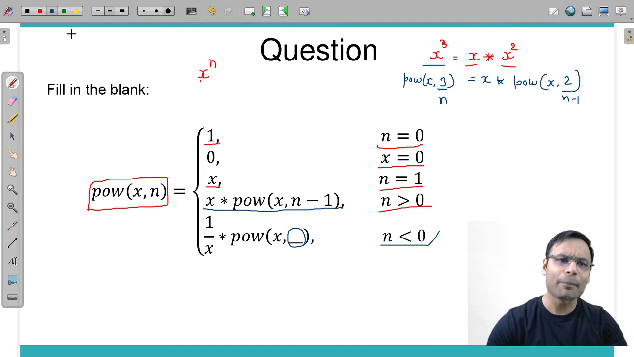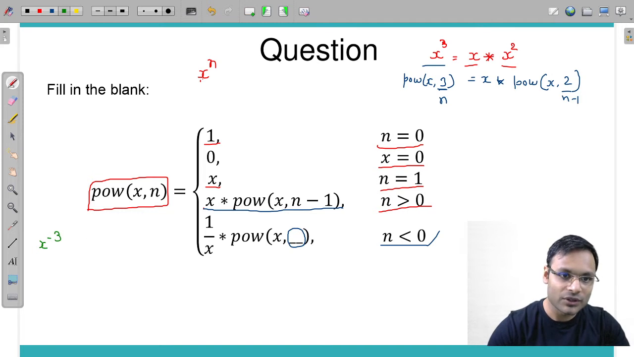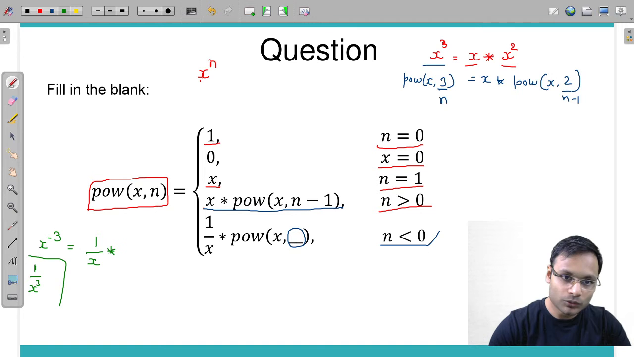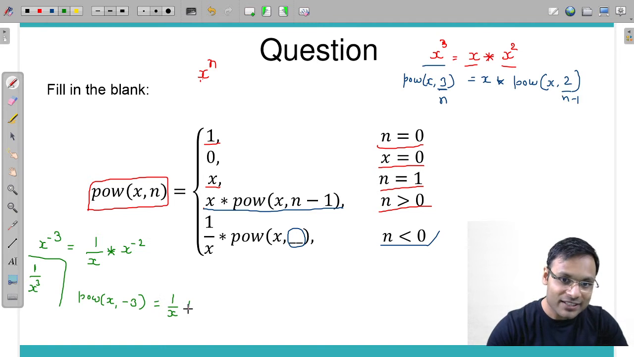Okay, take a simple example. Let's say I want to calculate x to the power minus 3. X to the power minus 3 is nothing but 1 by x to the power 3. Right? So how can I calculate this? 1 by x into 1 by x square. Or you can replace this 1 by x square by what? X to the power minus 2. Let's convert this into power terms. Suppose I am calculating power of x comma minus 3, then that will be equal to 1 by x into